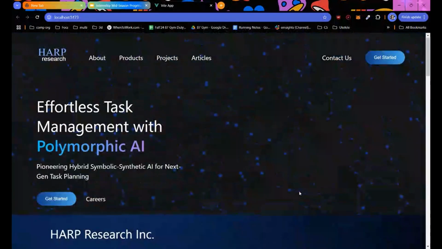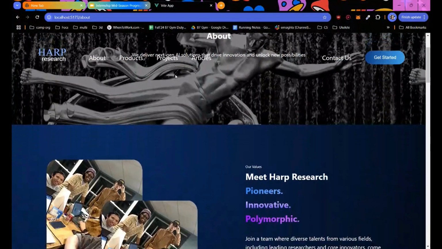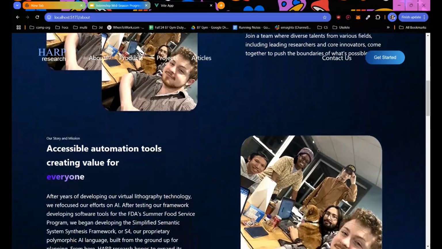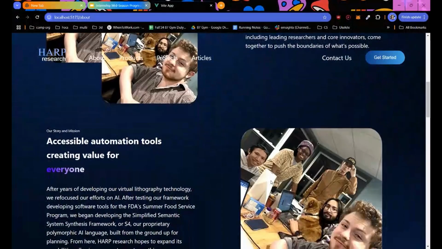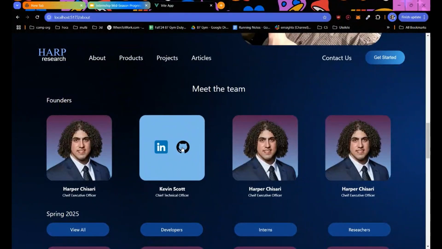This is our about page. And these are just components that we copied and pasted, so they're reusable. You could just change them. And then meet the team. You could hover over, and then you could